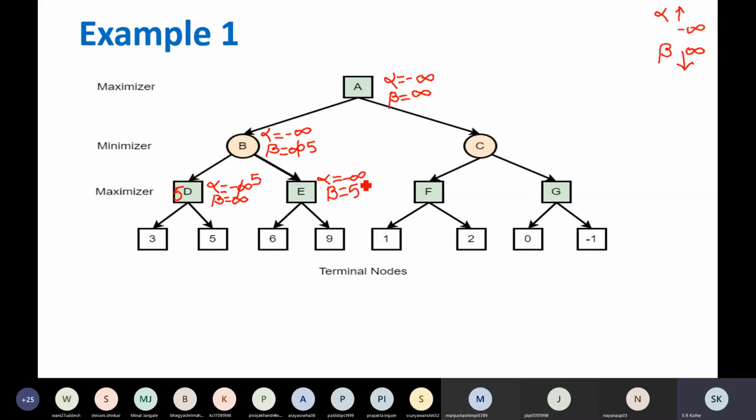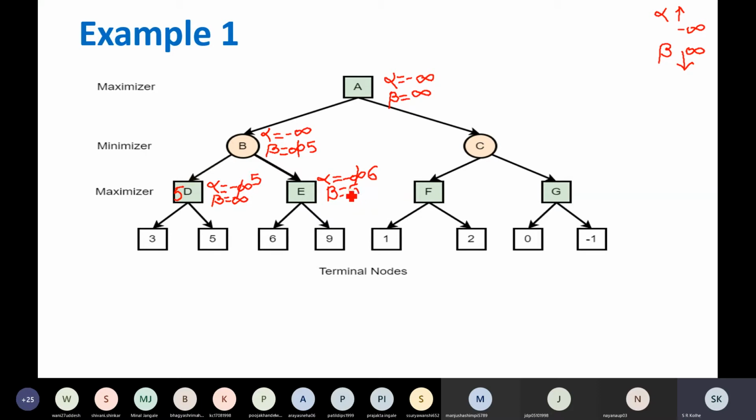Alpha value is minus infinity right now, and E is getting 6. 6 is better than minus infinity. Am I right? Yes, sir. Since 6 is better than minus infinity, since it's a max node, it will update the value of alpha. So the value of alpha will be 6 instead of minus infinity.